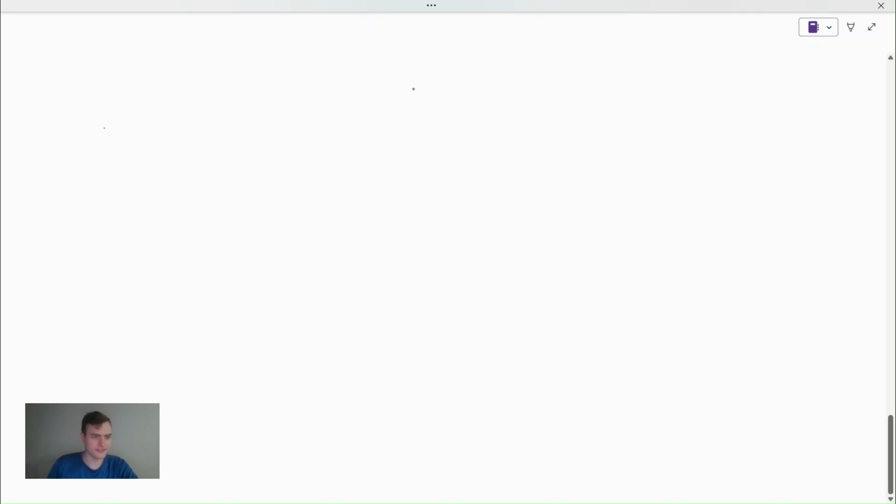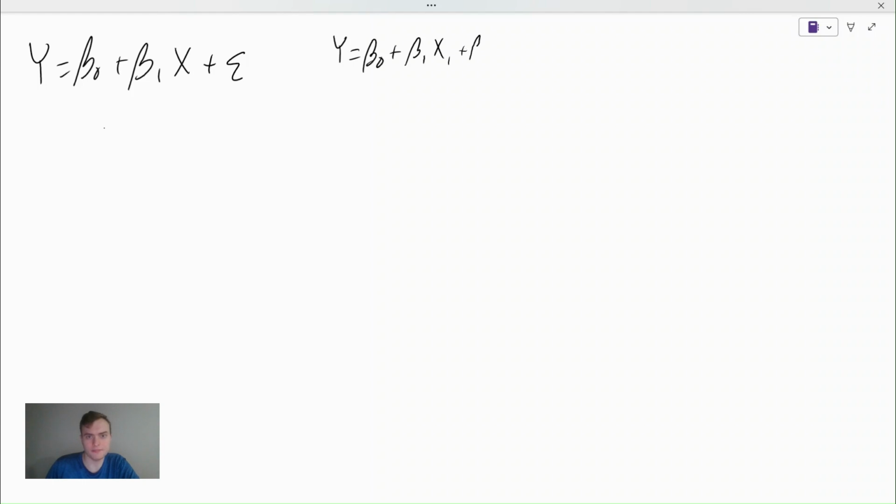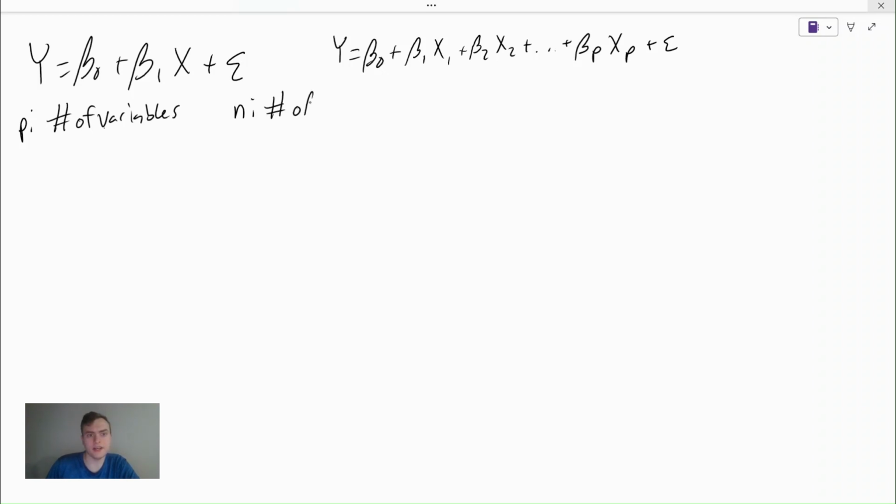Now let's talk about multiple linear regression. Before we had y equals beta 0 plus beta 1 x plus eps. Now we're going to introduce more input variables and still keep one output variable y. So we have y equals beta 0 plus beta 1 x1 plus beta 2 x2 plus ... beta p xp plus eps. And so p is our number of variables, n is still our number of points in the training data set,